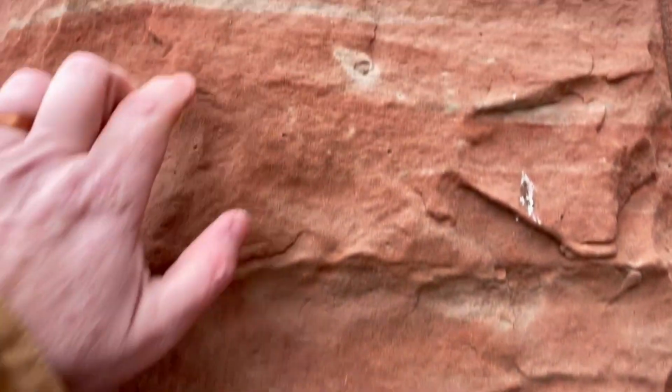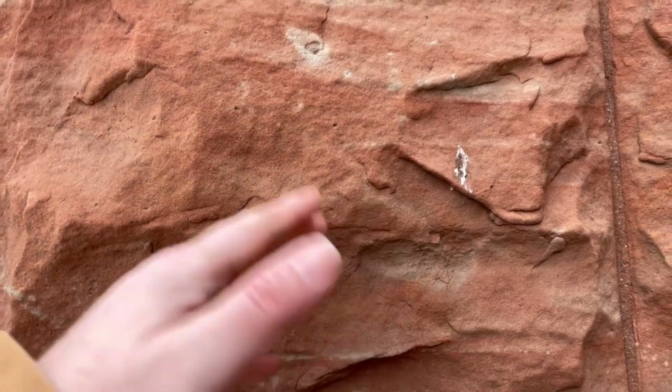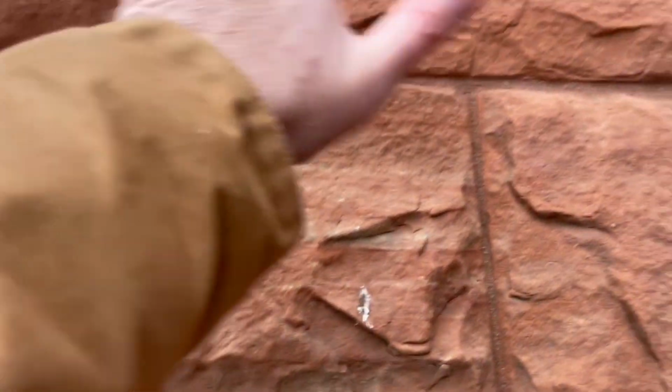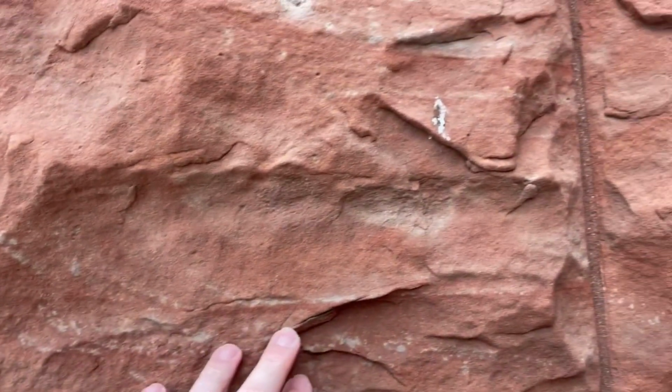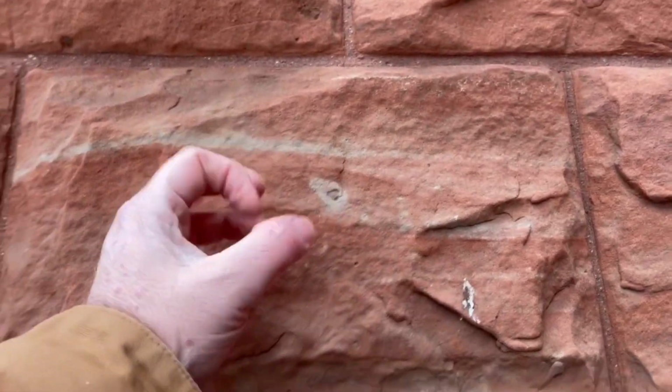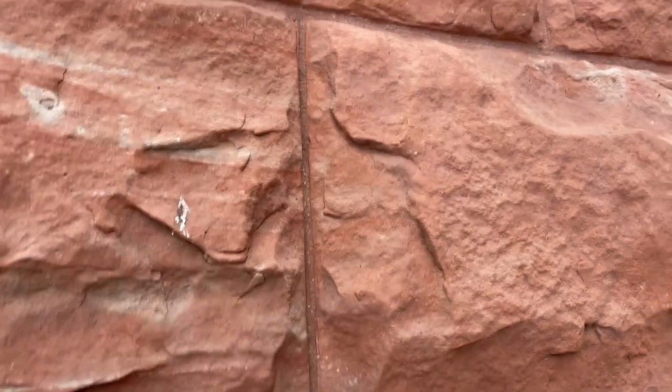Something else we noticed too is the lighter colors within it. That's a leaching out type effect. This rock, when originally deposited, was mostly red in color. It brought the iron oxides with it. Later groundwater moving through it would take some of that iron oxide out just by moving through the rock, because